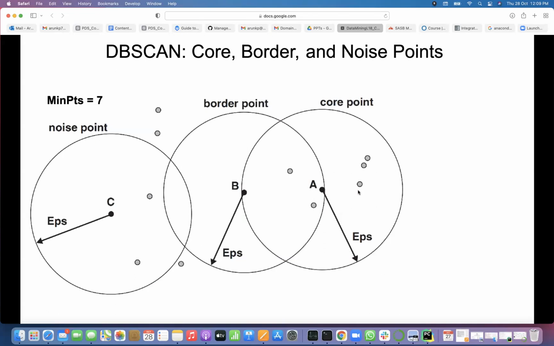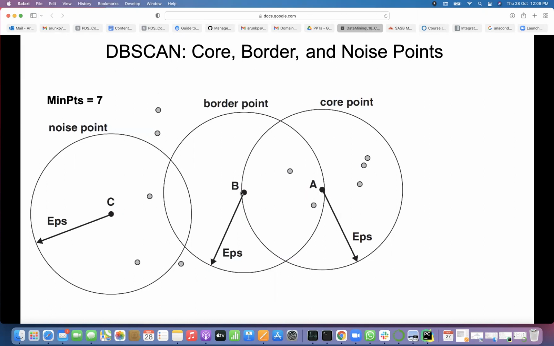Along with itself, that is 7. So A becomes a core point, because the point A has 7 points, and we are fixing the minimum at 7.